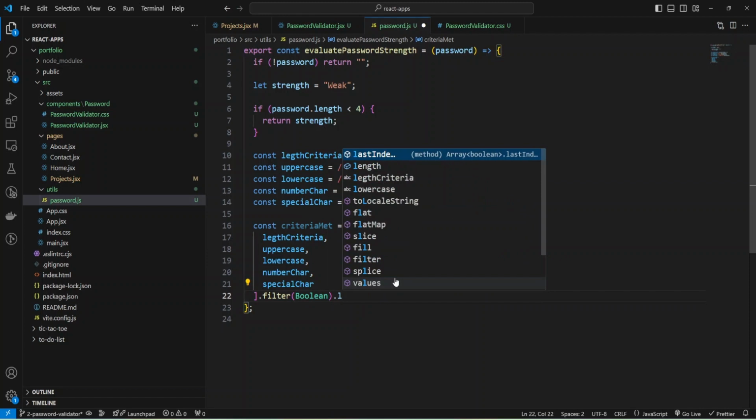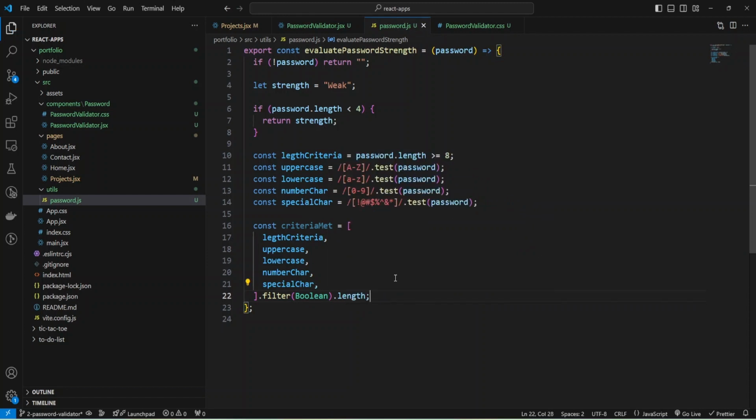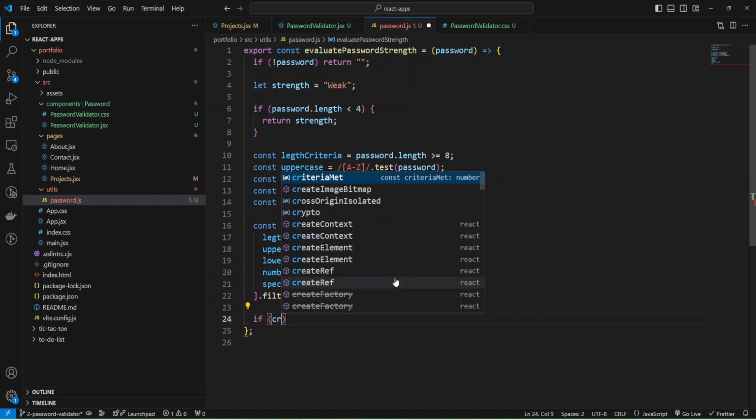and check length. And each criteria, if it's true, will give me 1 point. And we can have 1, 2, 3, 4, 5. And if I have more than 4 points, then I'm going to make string strong, and if more 2, then medium. Let me add the code.